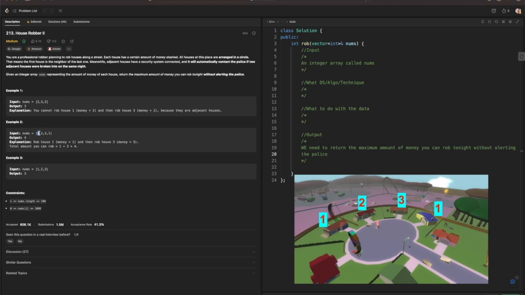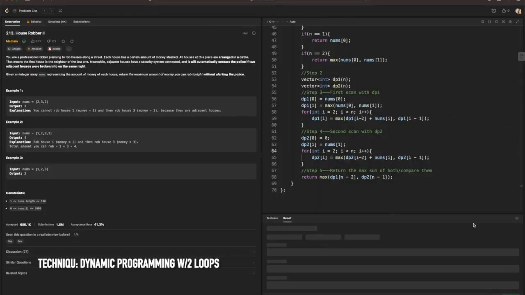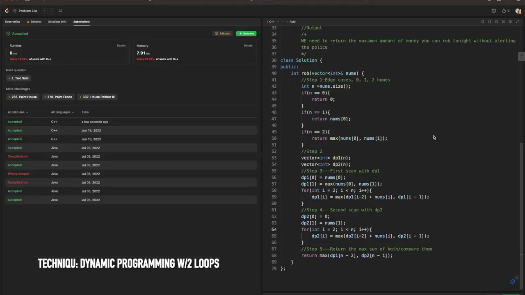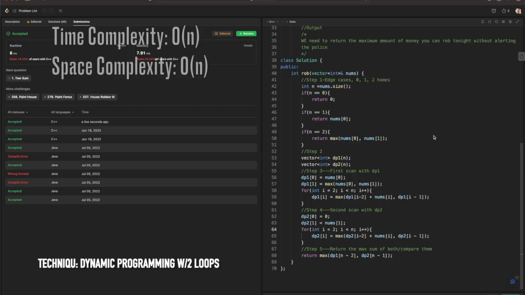So therefore, when comparing the different sums of each of the following combinations inside of our array, we get 1 and 3, which is 4. Alright, it passes all the test cases. Let's submit. Okay, now just to give a breakdown on our space and time complexity for our following solution